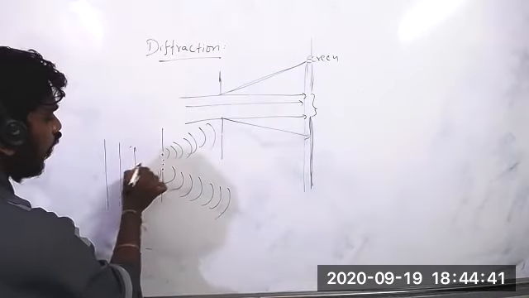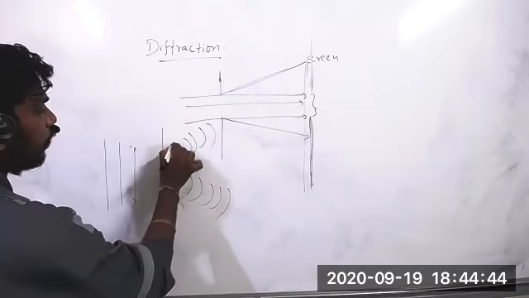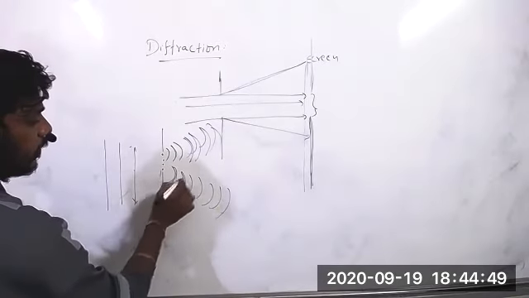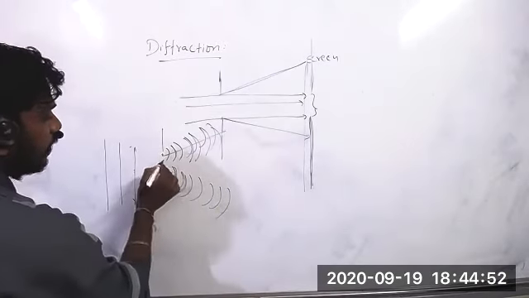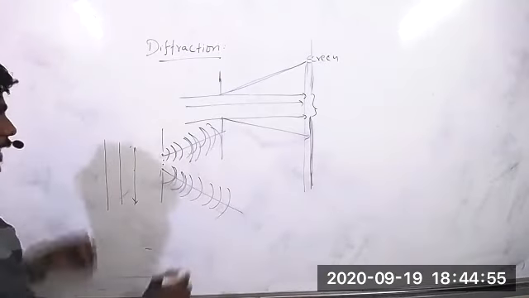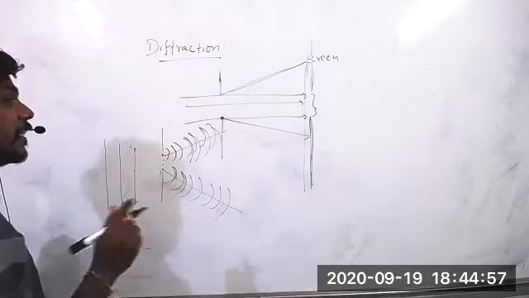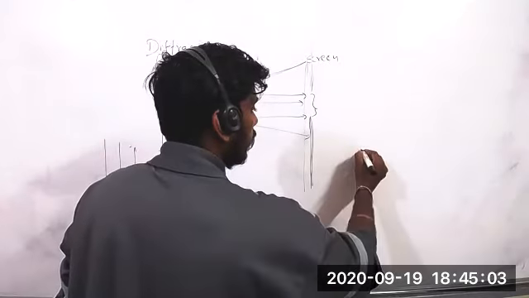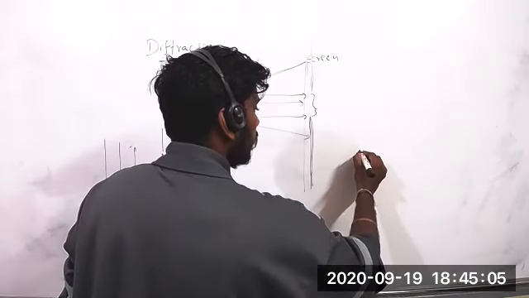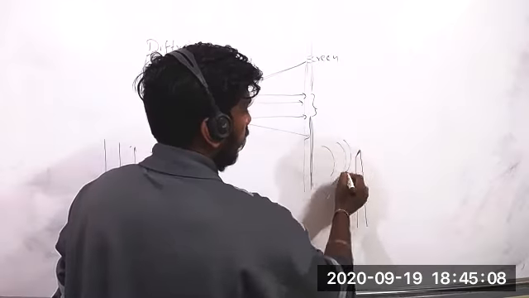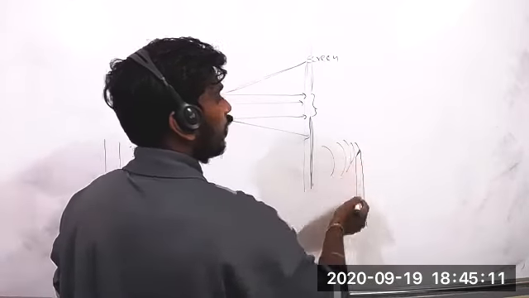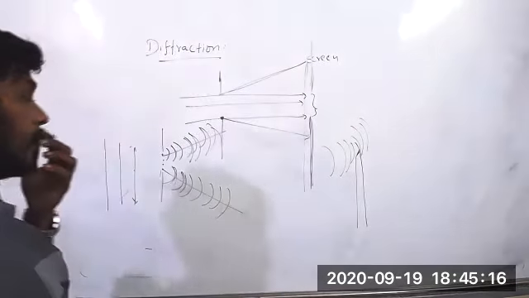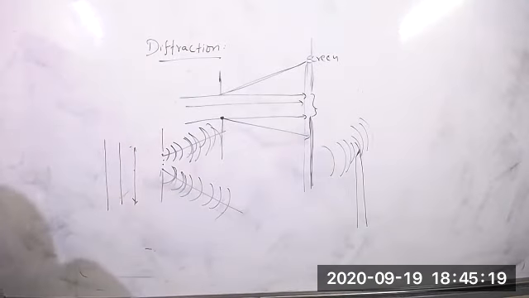Each and every point on the planar source acts as a spherical wave. So these are the spherical waves. This point is producing like this. So obviously it will bend. Light bends at the edges, at the corners. Suppose water is flowing and there is a sharp edge here. When the water waves are moving, some bending takes place here. So light bending at the edges is nothing but diffraction.